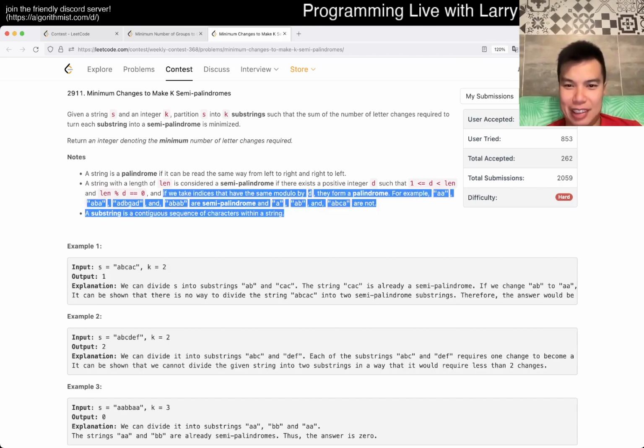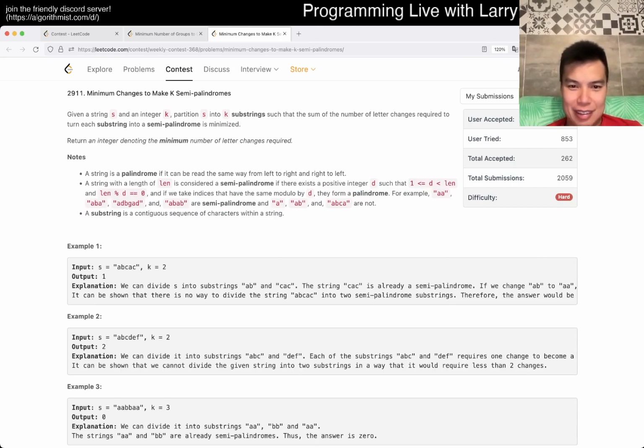Can you speak English? Length mod D is less than 0. Okay, so D is... and then if we take the same indexes, have the same modulo by D,